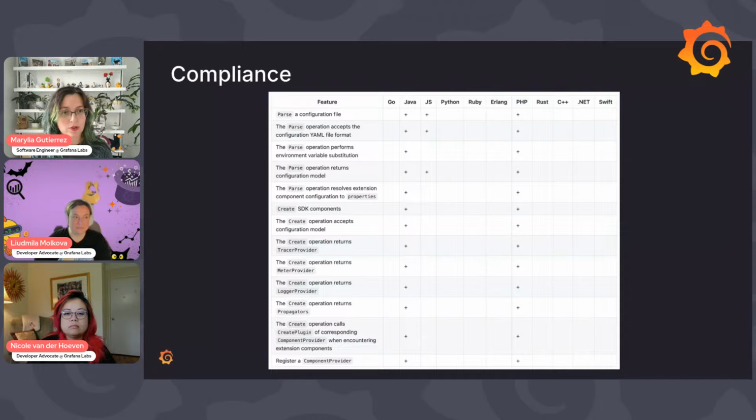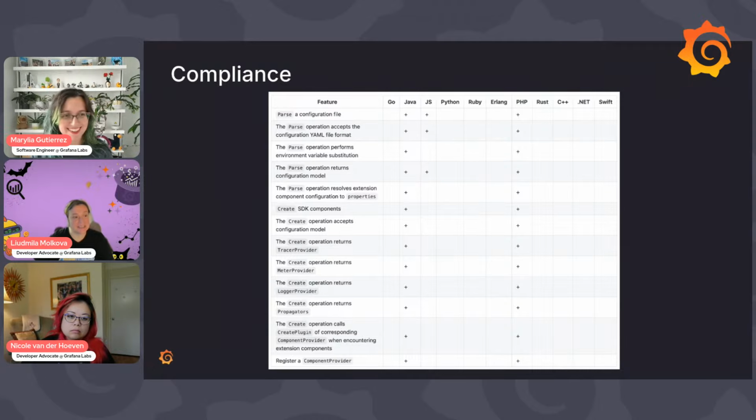So for Go, there are things, but we just need to update the actual documentation to show how you can actually use it. And for JavaScript, it's not ready to use yet. It is doing all the parsing and preparing the config model itself. But now I am at the point that I'm actually using all of those config models in the actual SDK.